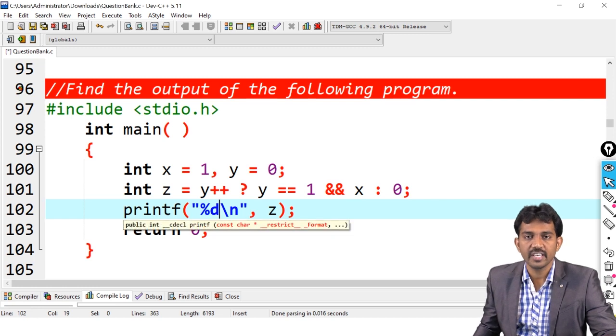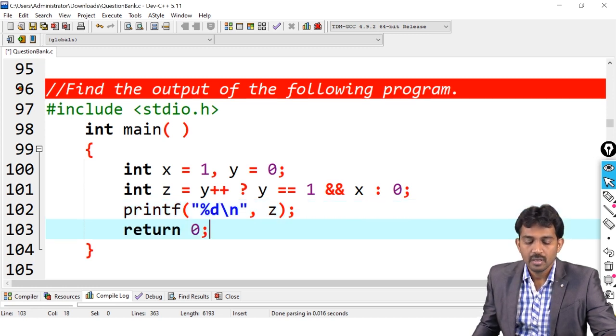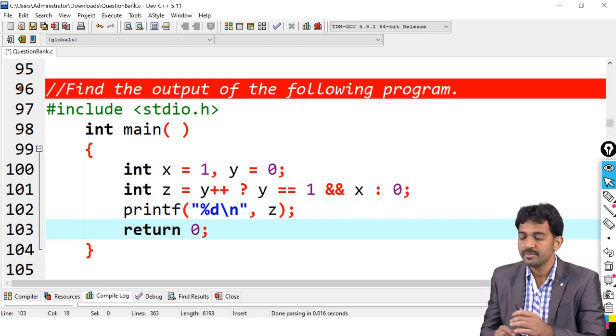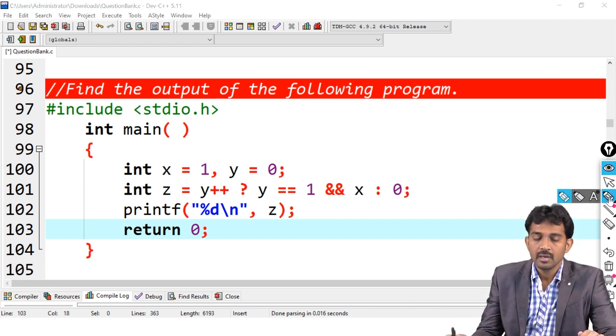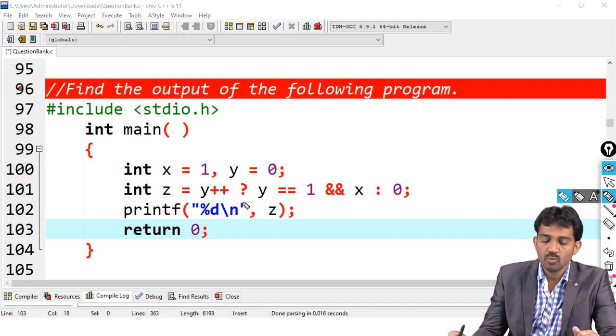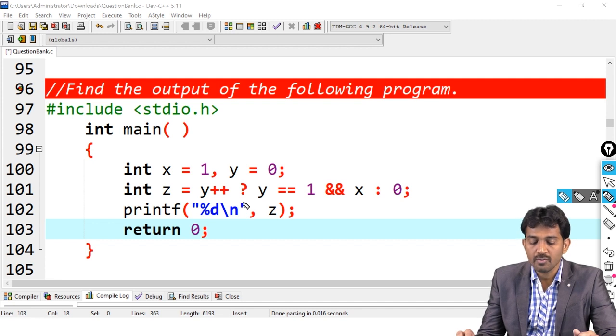What is the output of the given program? This is also a conditional operator. Observe clearly what they have given: y plus plus, question mark, y equal to 1 and x, colon, 0. Is y plus plus the post increment or pre increment? It is the post increment, right? Post increment means first it gives the value and then it goes for the increment.